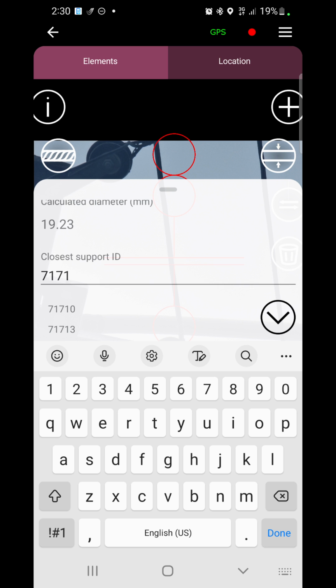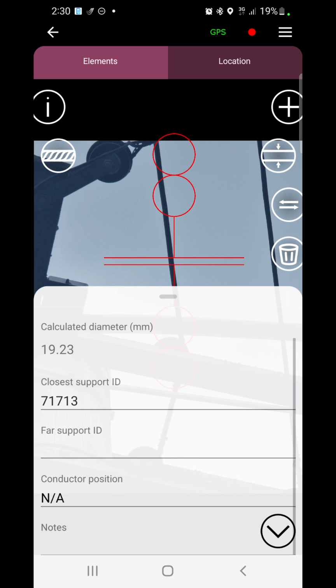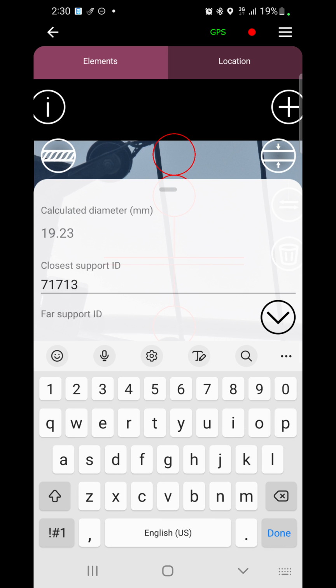You'll see it's coming up with prompts here, because I've pre-populated assets that are nearby to me. Within the span, we can add the structure that's at the other end,